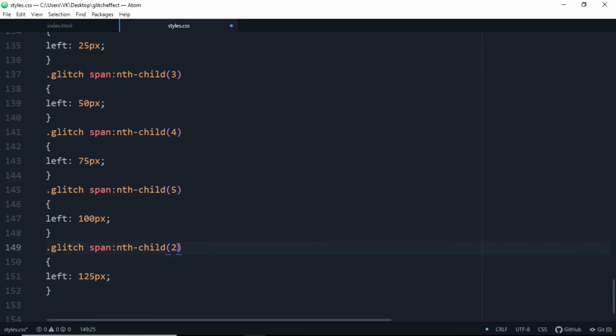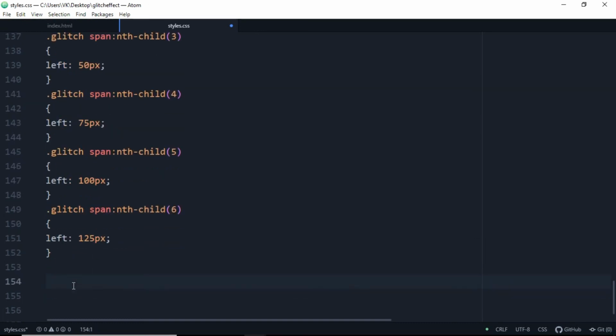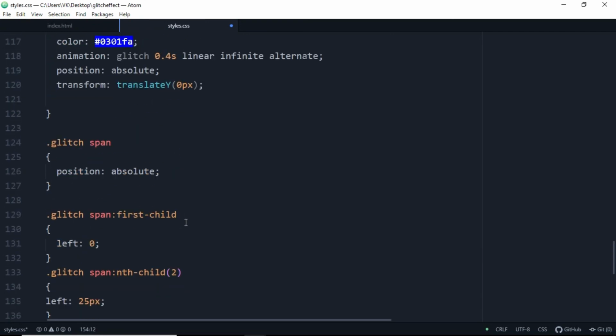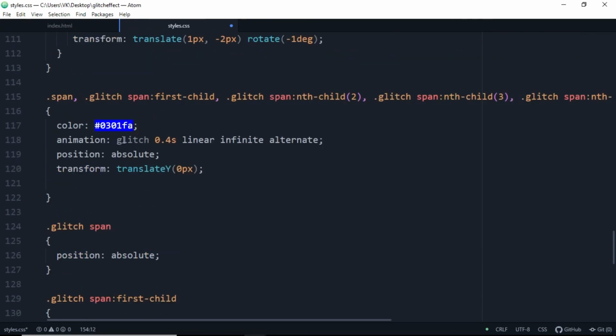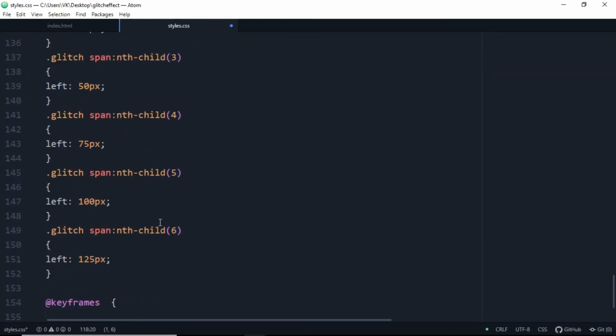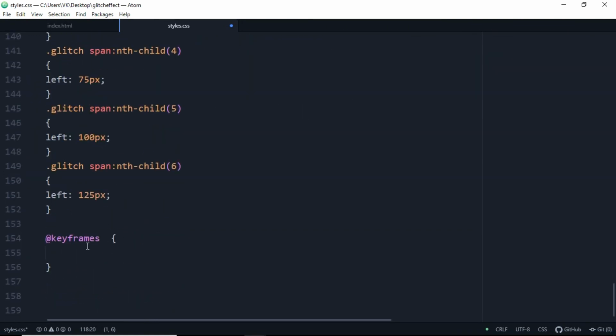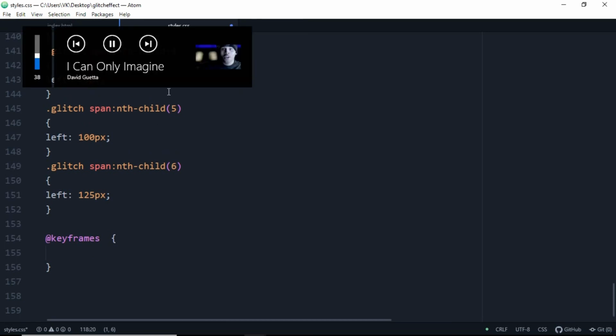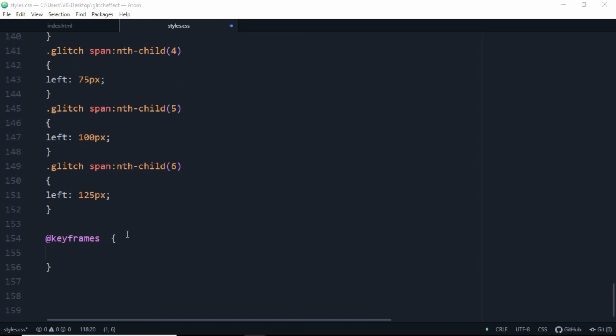Make the 6. Okay. So hit enter and let's add another keyframe here. Let's select this glitch, copy this glitch, which is the span tags of the glitch class, and let me just increase the volume here and add the keyframes here. The name of the keyframe, that is the name of the animation, is glitch.